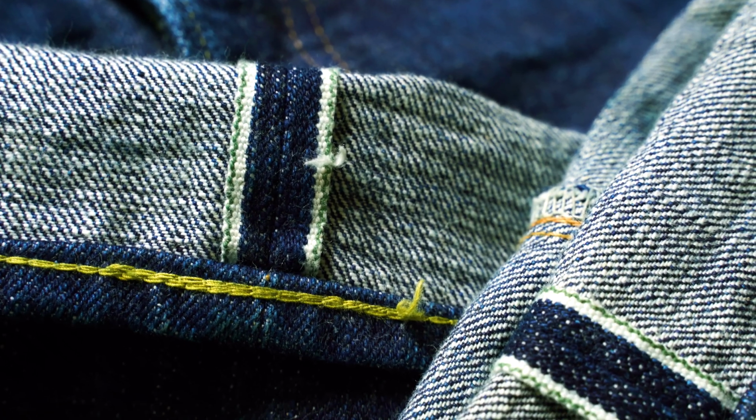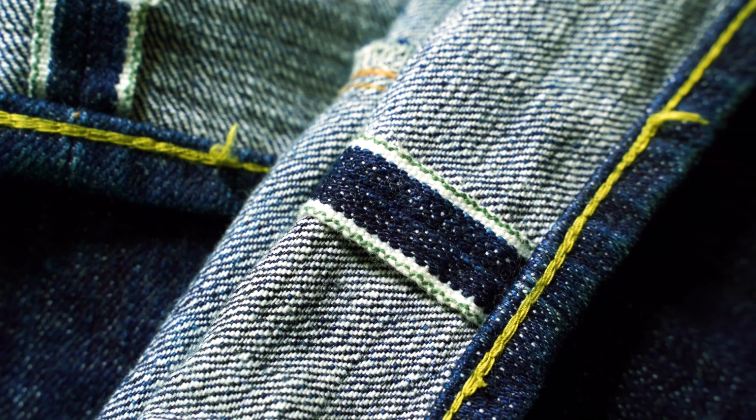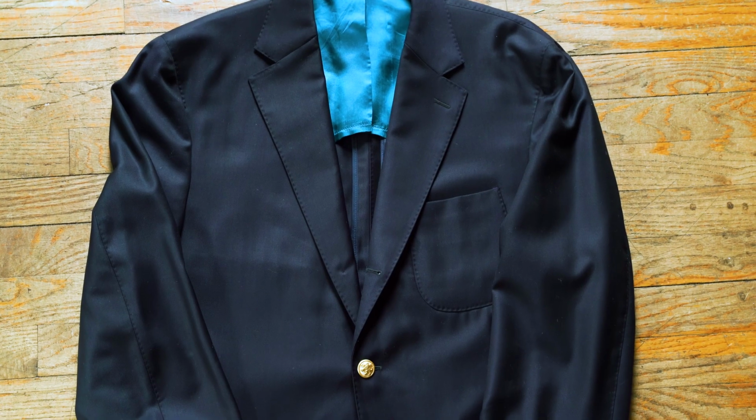There's absolutely no question that Japanese-made Americana style and raw selvage denim goods are coming back into trend, and dare I say, they're starting to become a staple in the menswear enthusiast's closet. And there's so many different types of garments that fall within that archetype of Japanese Americana and heritage style. I mean, obviously you've got the raw denim jean, you've got the trench coat, you've got the blazer, you've got